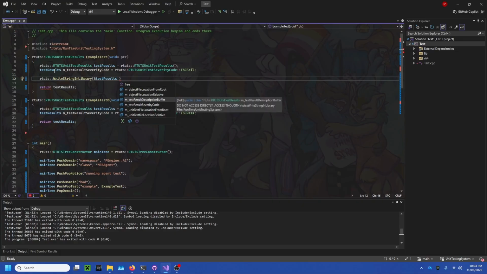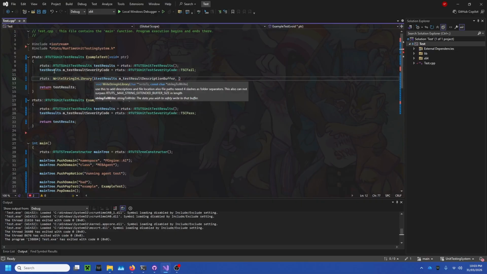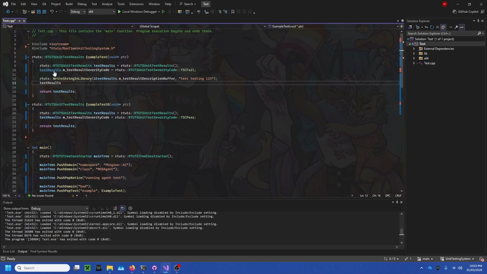We also got a description buffer that we can put descriptions into. So let's add a simple description. Testing 1, 2, 3. And then also, because it failed, we can also add in